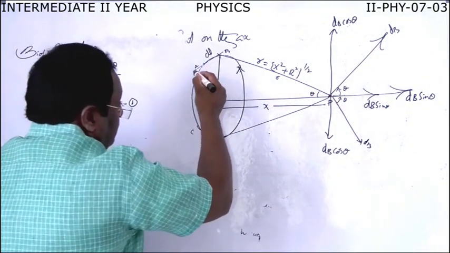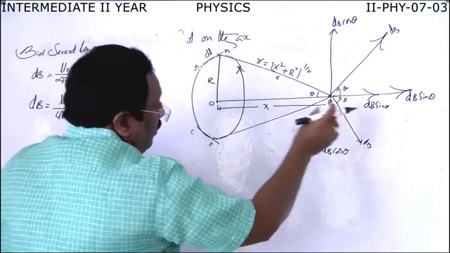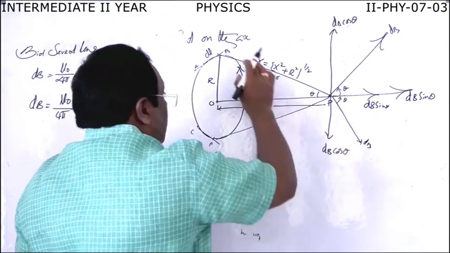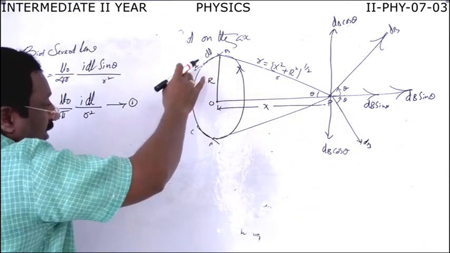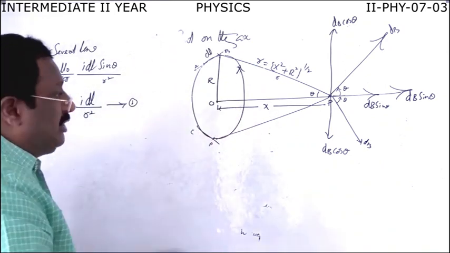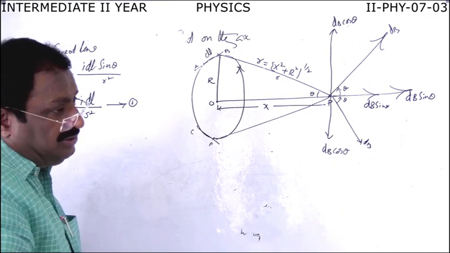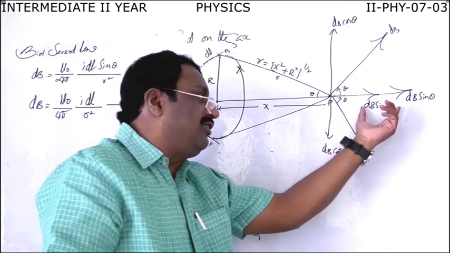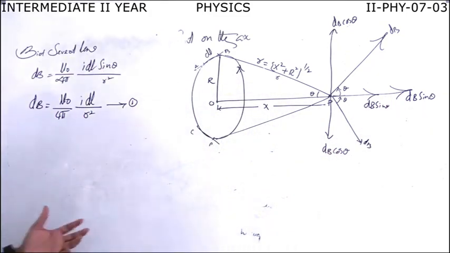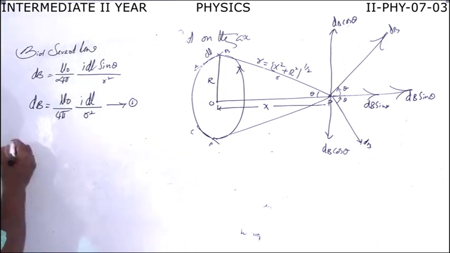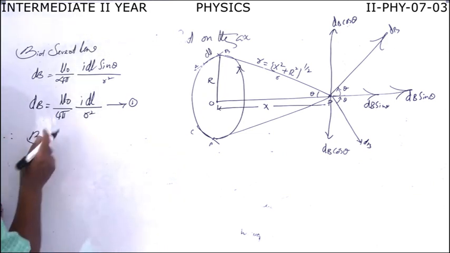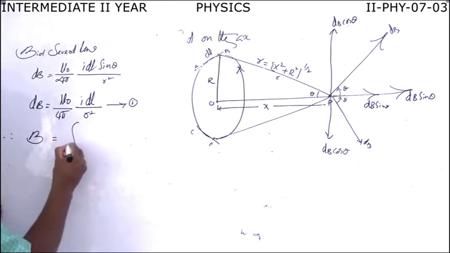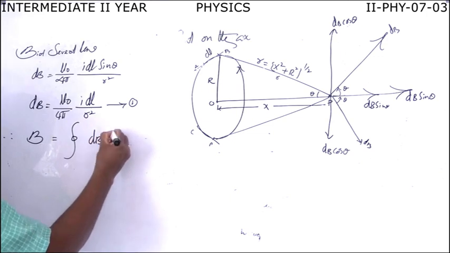So every element of the coil contributes some magnetic field. The total magnetic field is nothing but the vector sum of the magnetic field contributed by each and every element. Here the total value becomes a definite value. The definite value is nothing but the line integral. By taking the line integral for this horizontal component, we can calculate the total magnetic field. Therefore, the total magnetic field at a point on the axis of the coil is equal to the line integral of dB sin theta.